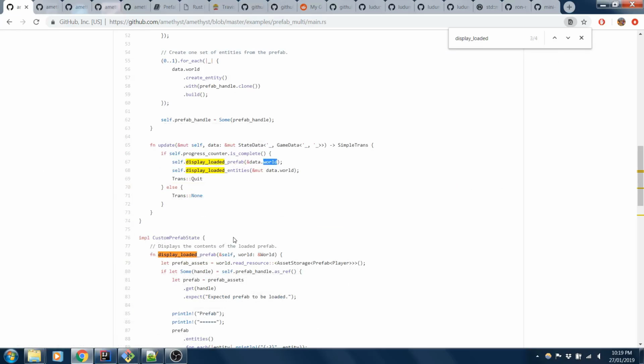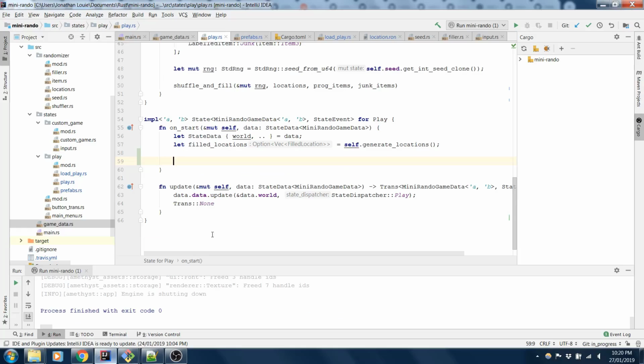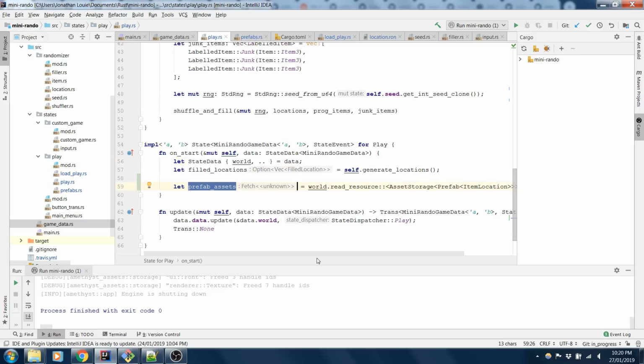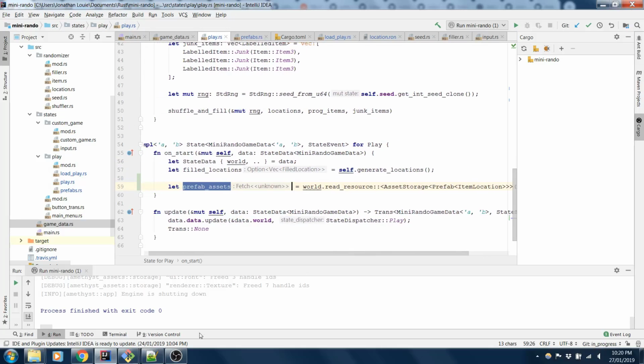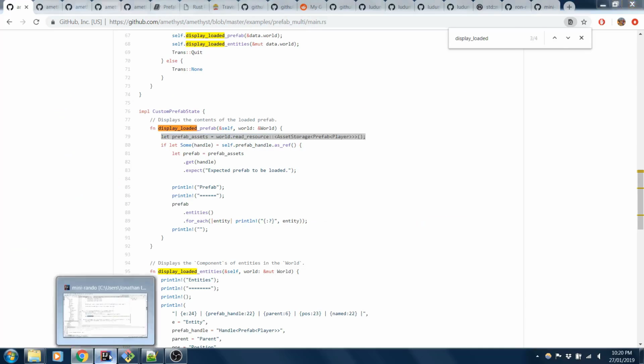Okay. Stop dragging our feet. Let's actually get this working. So you need to do something like this, like prefab assets equals world.read resource. I'm just gonna adjust this. Just want to make sure that I'm doing this right. Asset storage, and then instead of that, this should be item location. This one, I just want to be absolutely sure that I'm actually doing this correctly and that this will actually work, because